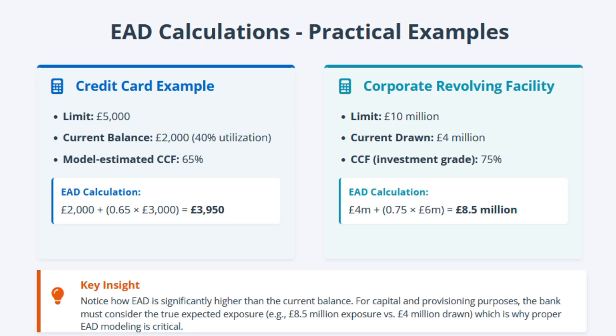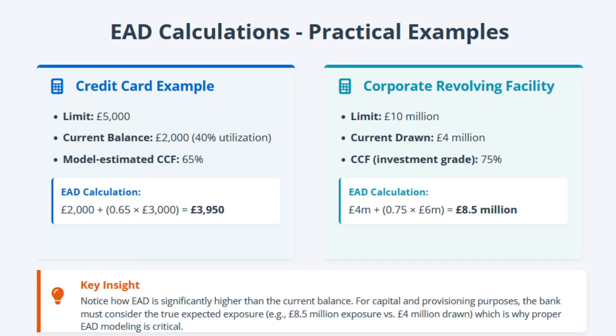So let's talk about a practical example to understand the EAD calculation. Taking the credit card example. Here, let's say the limit is 5,000 with a current balance of 2,000. That is 40% utilization. Let's say a model is being built and 65% is the model estimated CCF. If you calculate the EAD here with the formula that we have seen before, the EAD comes out to be 3950. So if you notice, the EAD is nearly double the current balance, and this is why